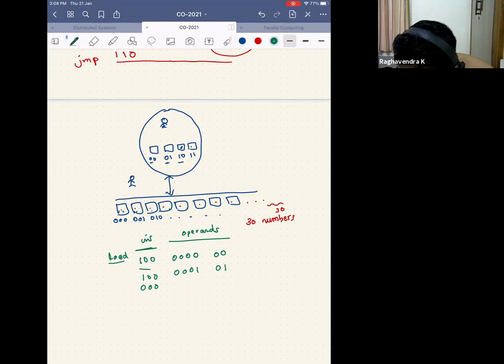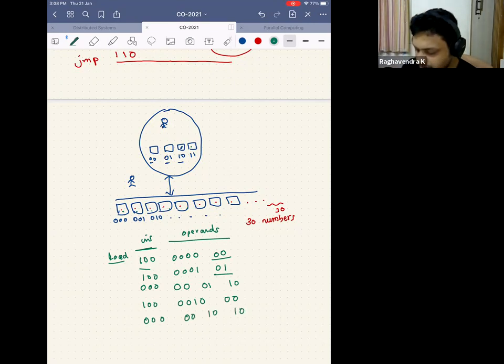Okay, so now I say I have one value in 00, the other value in 01. So maybe I want to do 00 and 01, and then I store it in 10. Now again I do a load, but I now do a load with 10. I store it in 00, and then what do I do? Then I can just do add directly, right? So this is add followed by 00, 10, and then store it back in 10. Right? So these two get repeated again and again. Does everybody follow why I am doing this?